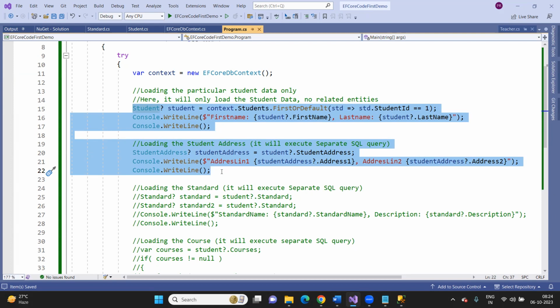And if I want the address, then I will include only the address. That is what I'm saying. If you decide that this is my student data and the corresponding standard data I need immediately in my application, then in that case you can load student and standard information using eager loading. But if you don't require the standard data immediately, or the student address, later, based on some condition, you might need the student address, based on some condition you might need the standard, based on some condition you might need the courses information,